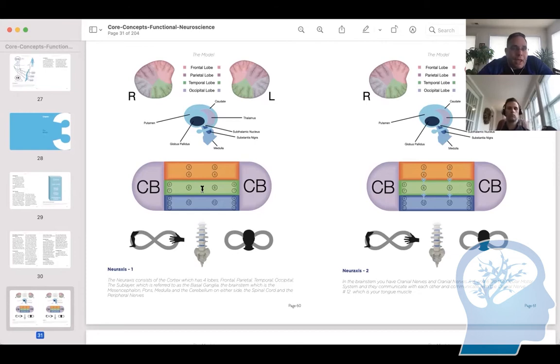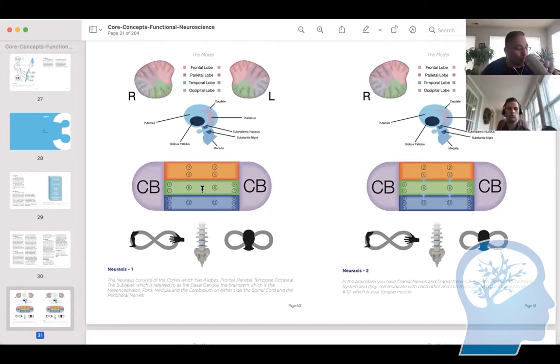Also, people with SIBO will benefit, because the migrating motor complexes can close the ileocecal valve, which is a valve between the small